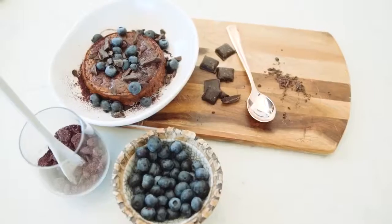How good is the paleo chocolate cake? It's got no sugar in it thanks to